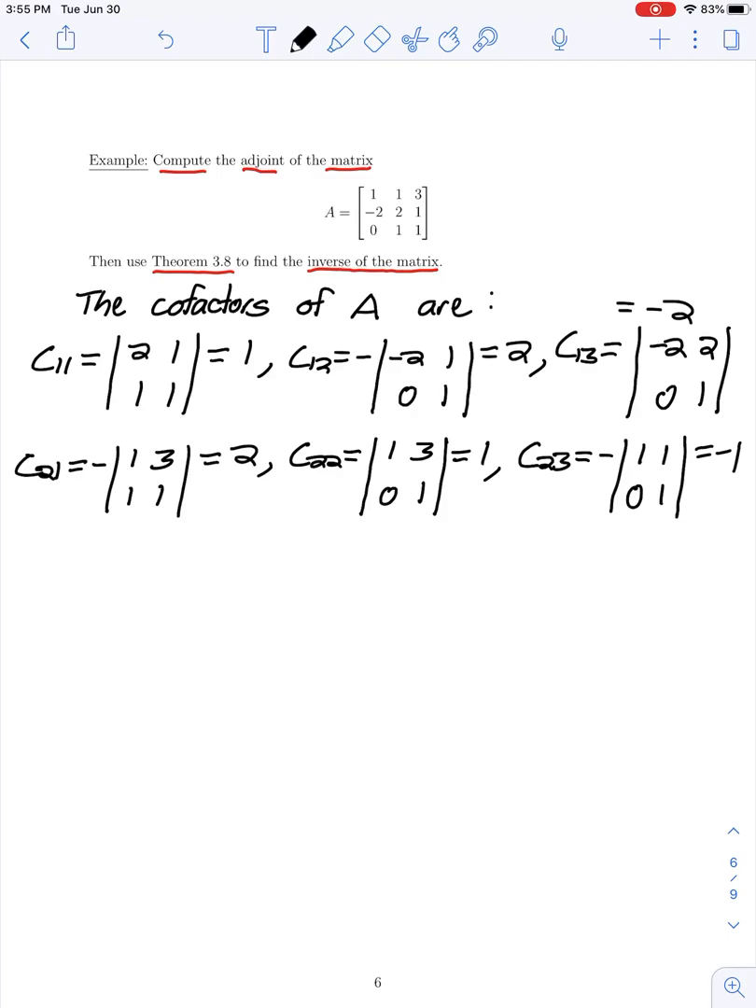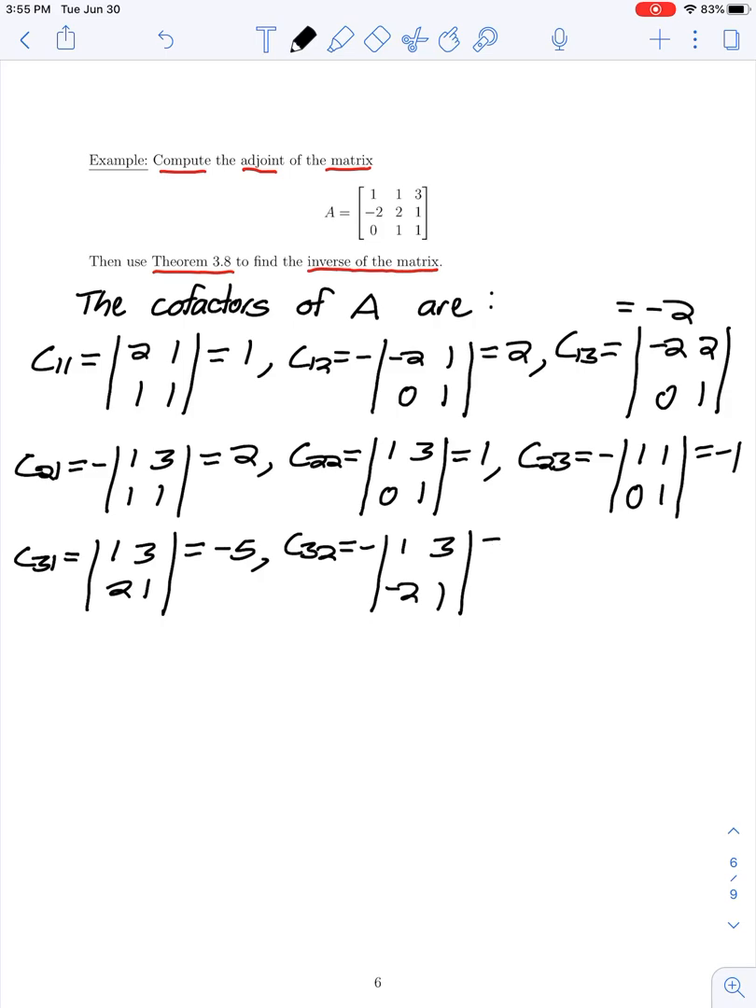And for our last row of cofactors, the 3,1 cofactor is the positive determinant of 1, 3, 2, 1, which would be 1 minus 6, or negative 5. The 3,2 cofactor is the negative determinant of 1, 3, negative 2, 1, which leaves us with a positive 5. So we've got 1